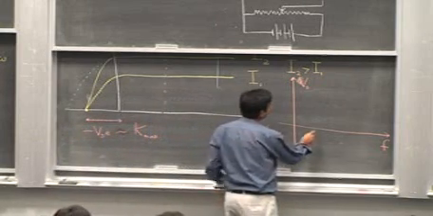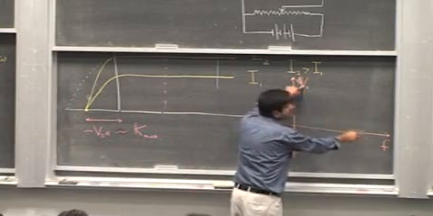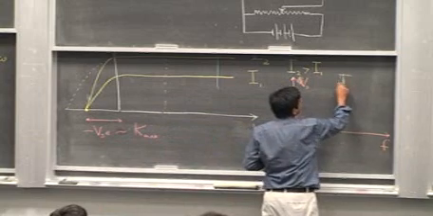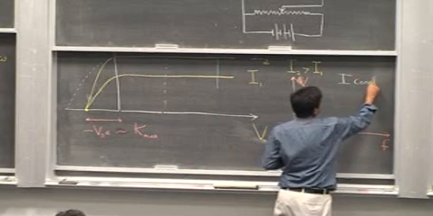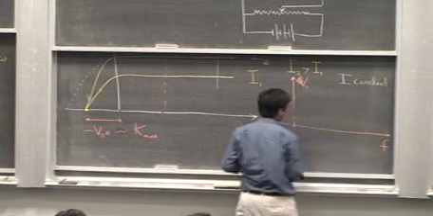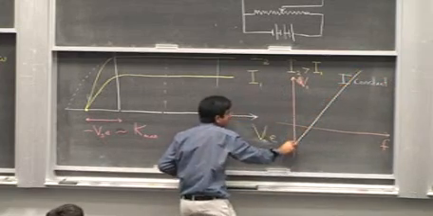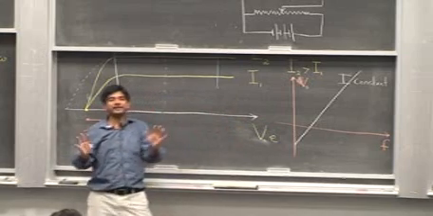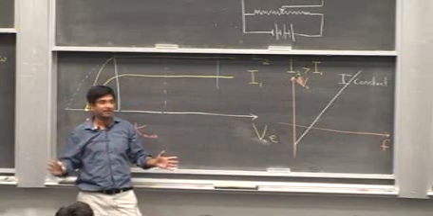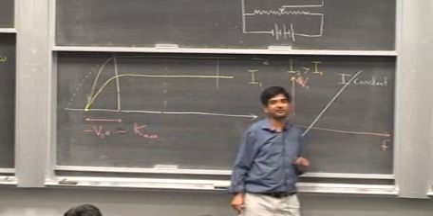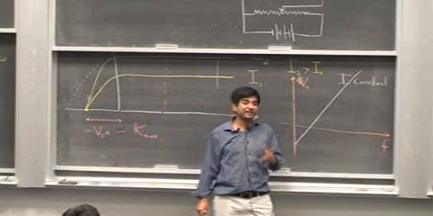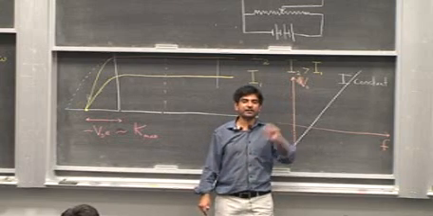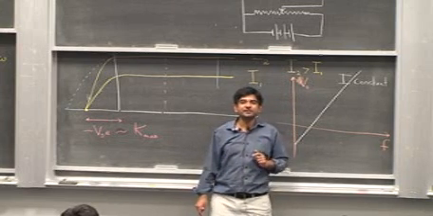The observation was that the stopping voltage is in fact dependent on the frequency. So you keep I constant, and what you observe is a graph like this, which means I, the intensity of the incident light, is constant, but you're increasing the frequency of the light, you're changing the color of light, and the stopping voltage is constantly on the rise,